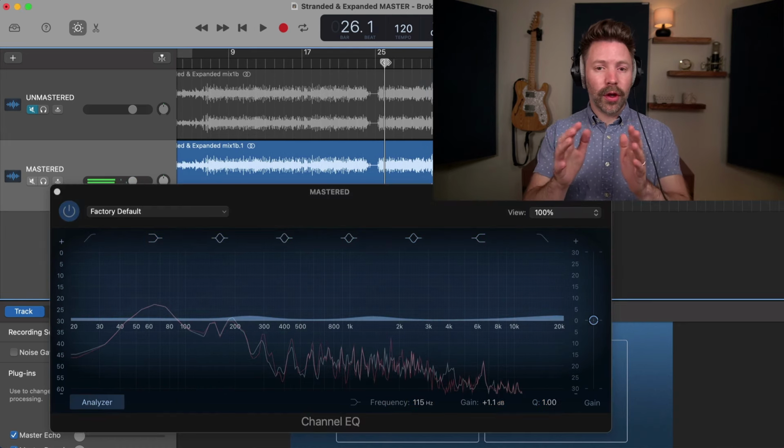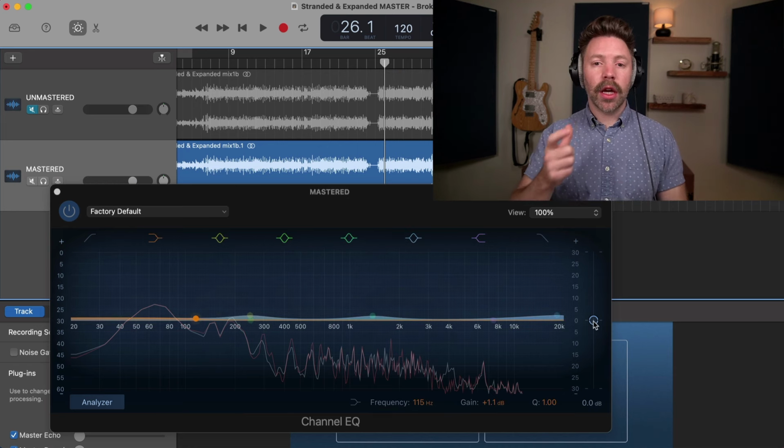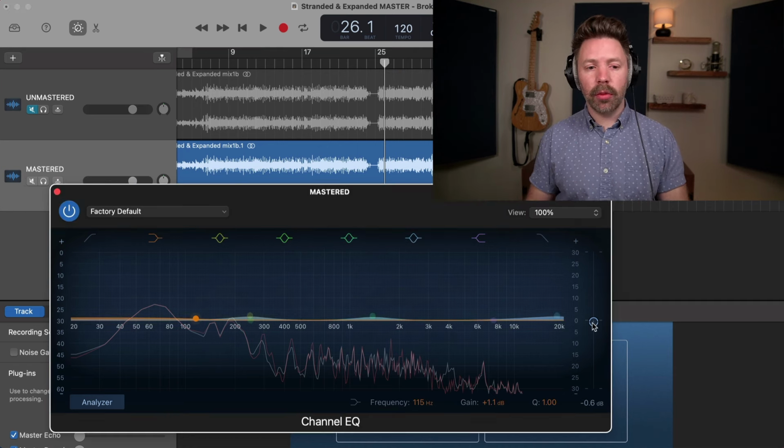Cool. Okay. So really, really subtle. You might have already noticed there's a pretty big difference though. The last thing we need to do, just to make sure we like what we've done, is balance the output volume. Because we've done all boosts, I'm just going to turn this down a little bit on this output volume